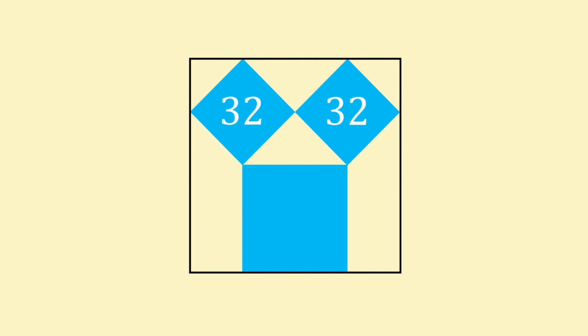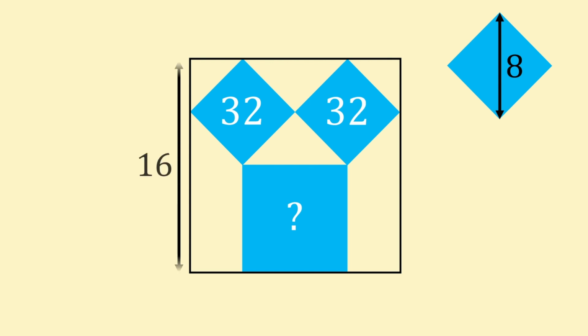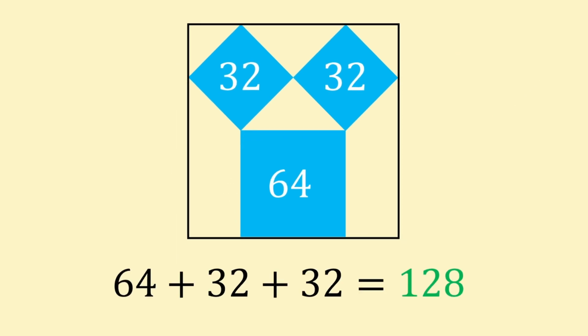Using what we already know, the fact that our smaller square's diagonal is 8 meters also applies to its vertical diagonal, like so, given a square has rotational symmetry. As all side lengths of a square must be the same, the vertical height of the border square is also 16. Subtract 8 for the smaller square's diagonal height, and we get 8 as the side length of the larger square. If 8 is the side length, then 8 squared must be the area. 8 squared is 64. So we can pop this back in too. Summing the areas, 64 plus 32 plus 32, we get 128 meters squared as the blue area.